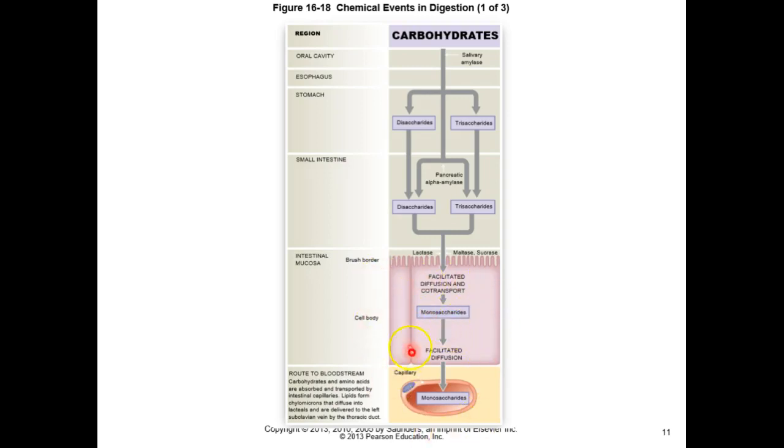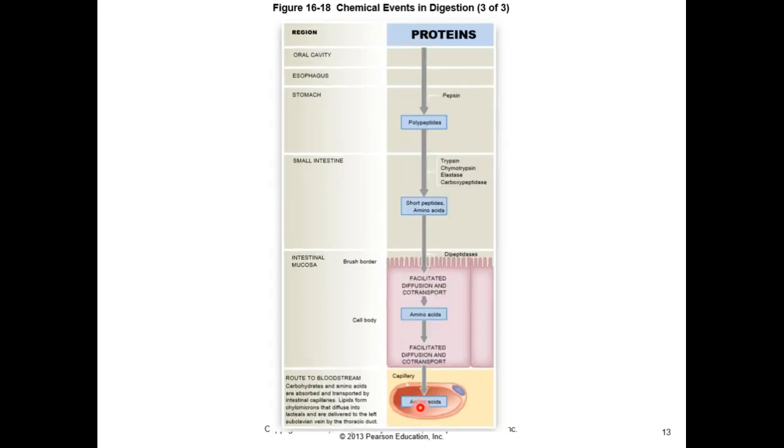On this side, however, we'll just have facilitated diffusion. We're no longer going to use a sodium gradient. We will just use a basic carrier molecule just for glucose to get it from this side of your simple columnar cell into the capillary bed. And the process for proteins is going to be pretty much identical. We're going to have facilitated diffusion with co-transport with sodium again on this side of the intestinal mucosa. This side, we're also going to have facilitated diffusion and co-transport, but it's still going into a capillary bed.